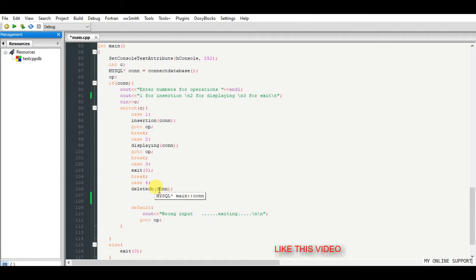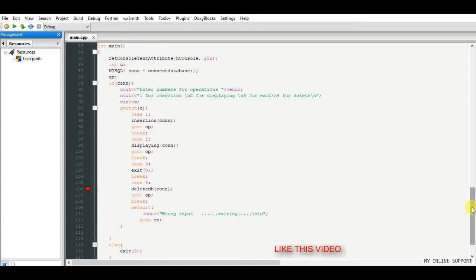I will call this function on case 4, and I will use this code statement to again jump here and break. I have written this 4 for deletion. If I save this and run this,